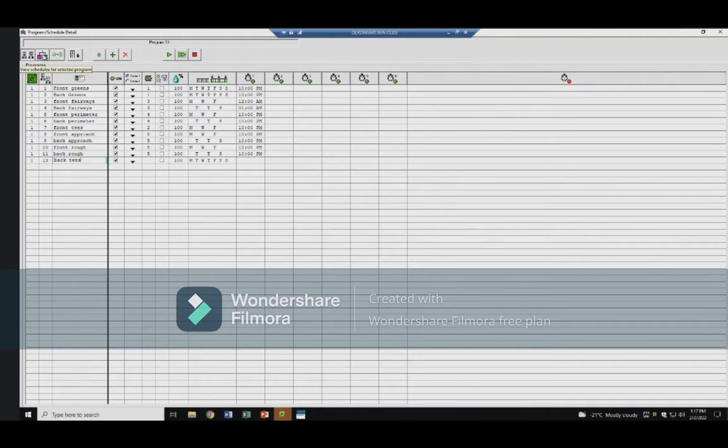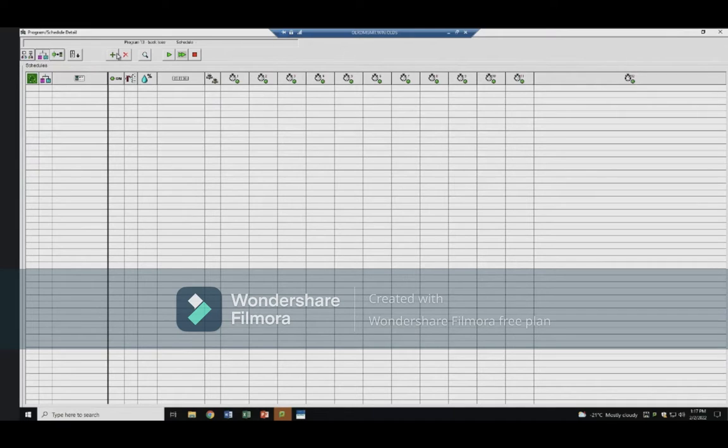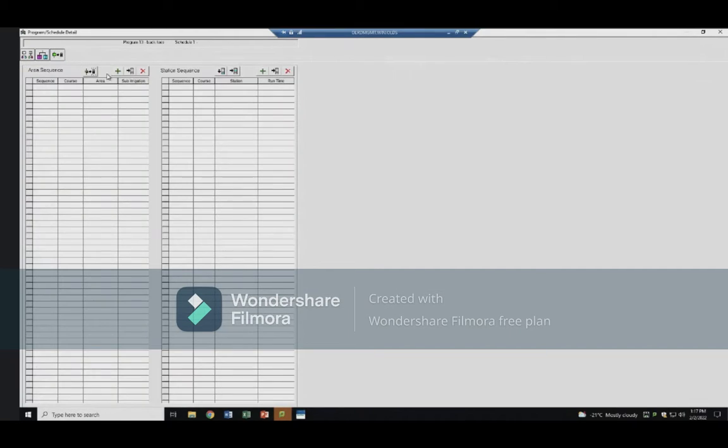and then I'll click on the view schedules for this program, and I'll add one, and this is going to be 10T, and then I'm going to click on the view area station sequences. Here I'm going to add a sequence. This is going to be for 10T, and then I'll move over to the station sequence, and I'm going to